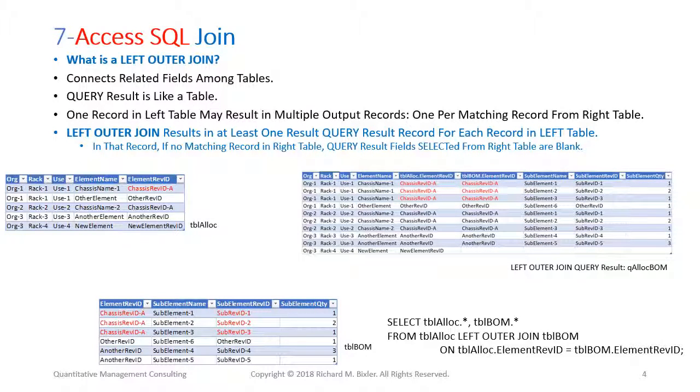The equipment is named by field element name. The equipment type is specified by element rev ID, and the organization, use, and rack to install it in are in fields org, use, and rack. The bottom table is named Table